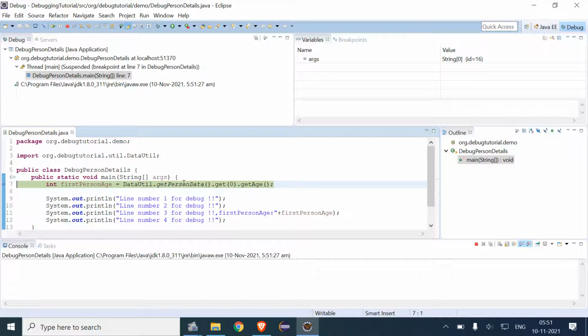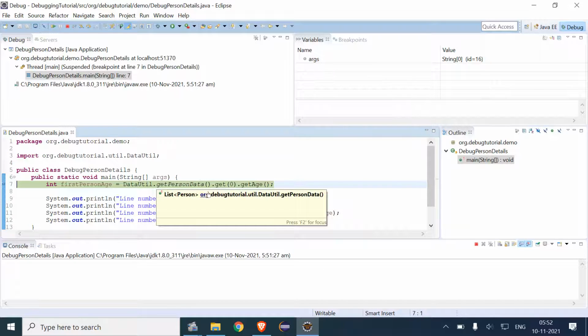We have two methods. First, we can just go to this get person data and place a breakpoint, or we can directly navigate by clicking step over, step into. So step into plays an important role if we want to go into get person data.